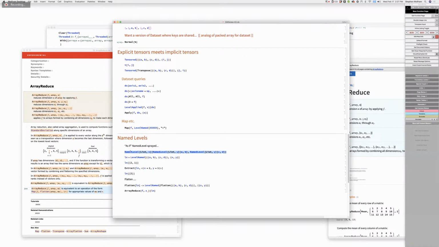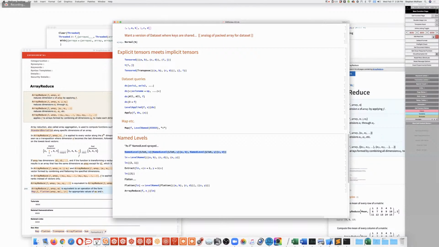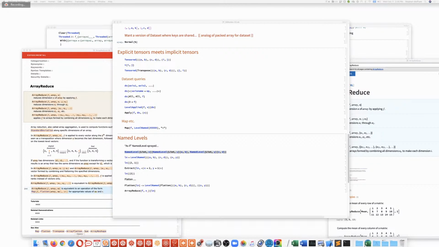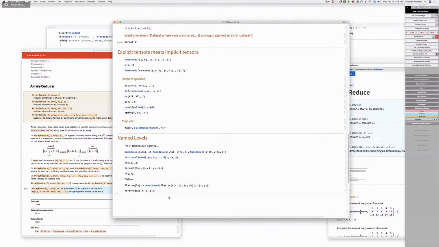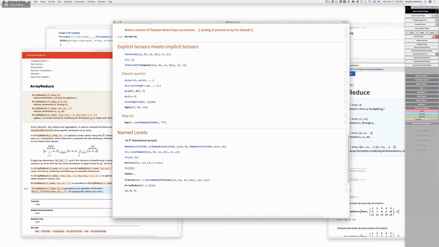Right. By putting in this named level thing, we are making it a more integral object. Right? I mean, it would be nice to be able to have something where you can extract pieces of it and they would come with their level name. In other words, it's a way of annotating, just like association has been a huge win because it allows one to annotate. It's much better to have, rather than just the list 4, 5, 5, 6, 7,